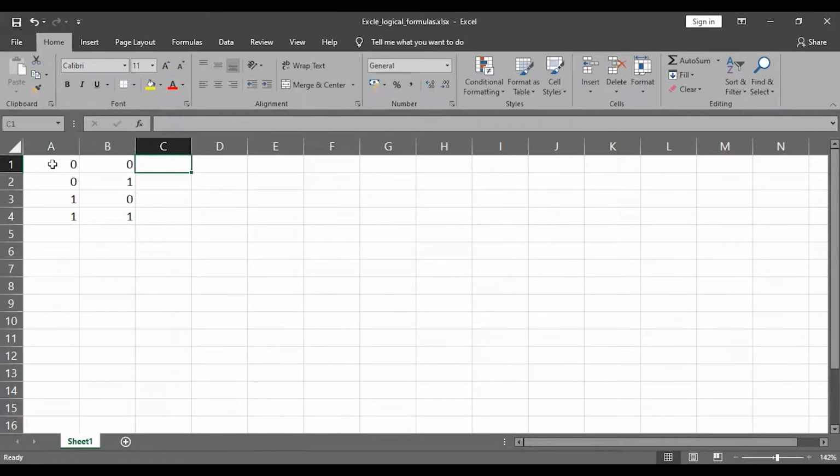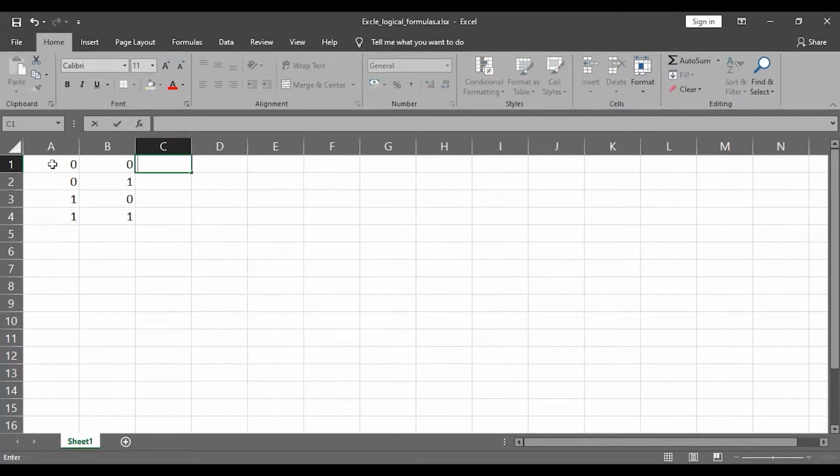And now in these inputs, that is A and B, there can be values such as 0, 0, 1, 1 for A input, and for B input there can be values as 0, 1, 0, 1. So if I am applying some AND operation between these two inputs, AND can basically be considered as a multiplication operation. Okay, so for multiplication of 0 and 0, the output will be 0.